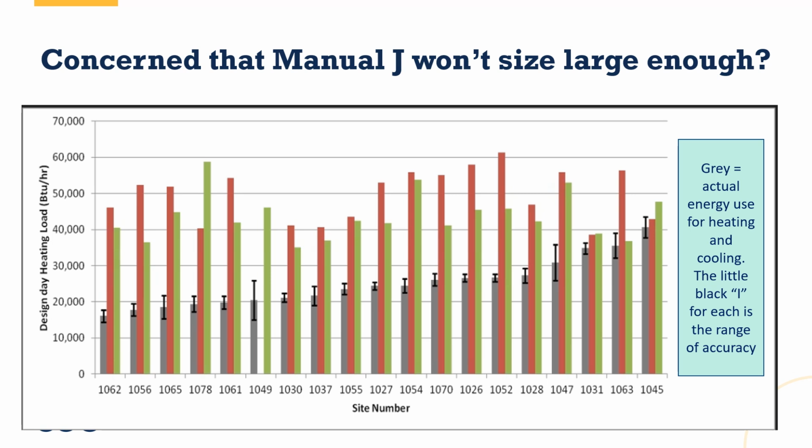This is a study that we did, I believe, in 2017 at Center for Energy and Environment. This was not the number one part of the study. This was a secondary component of it. We were looking at boilers. And we had contractor A and contractor B each performing load calculations on the sites that were included in our study. We also were monitoring and measuring the actual energy use during the colder times and warmer times of the year in order to look and see how the load calculations compared to what we actually saw